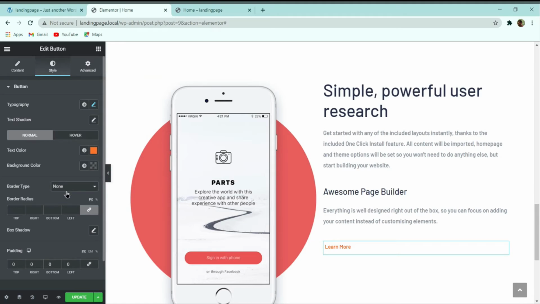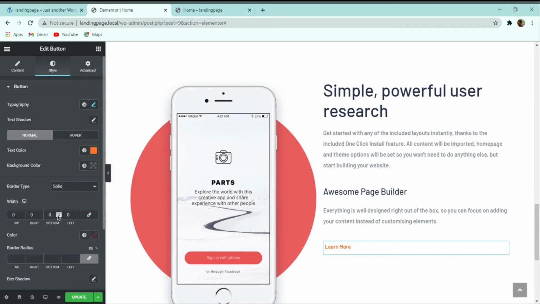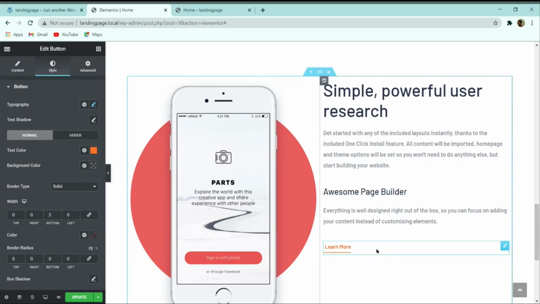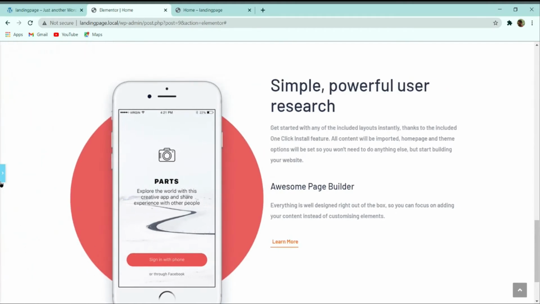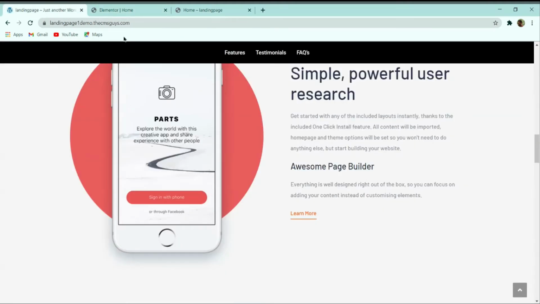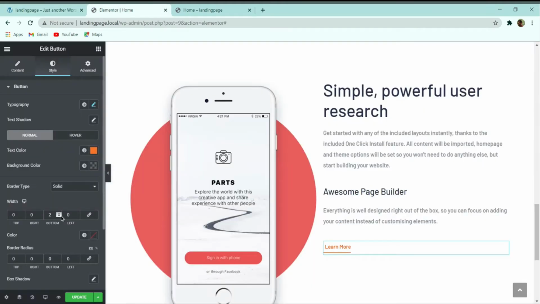Then here border type, select a solid border type, and then give a bottom 2 to the border, and make the border radius to 0. So here with this you can see that this learn more button we have created successfully. So let me make it to 1, and then what I will do,